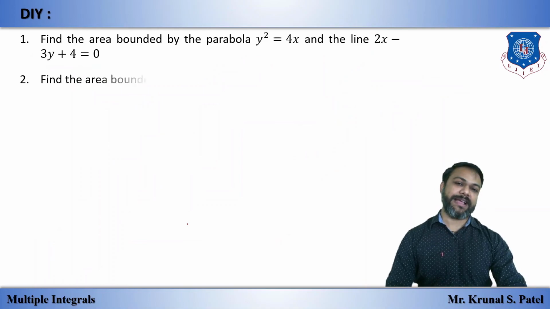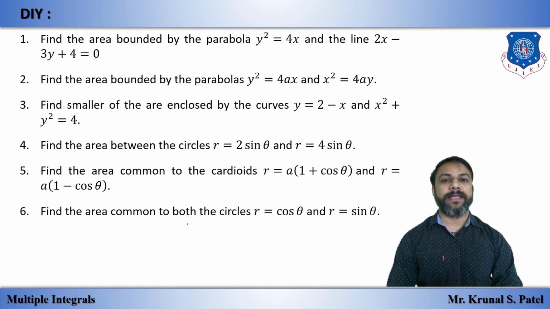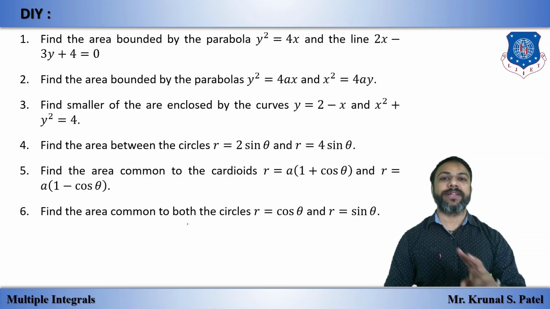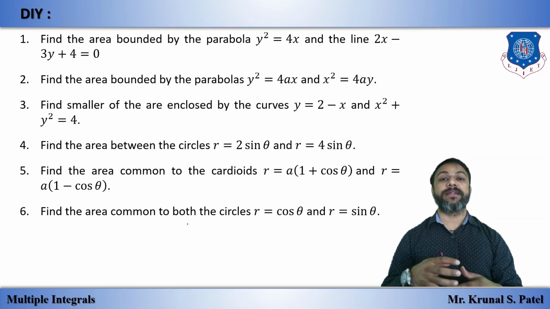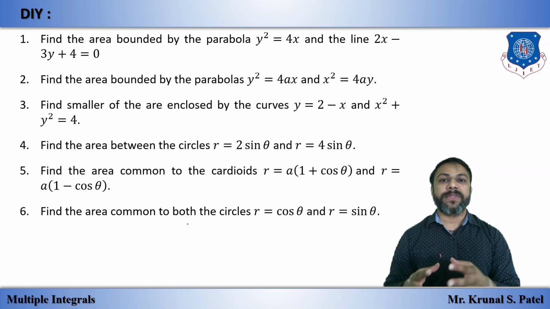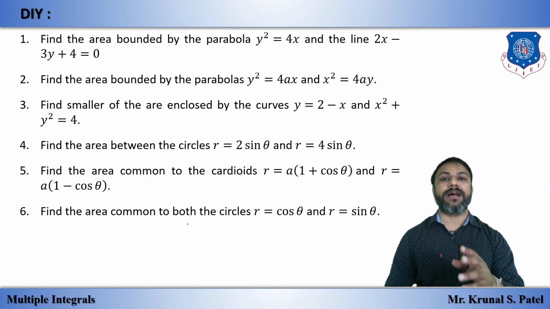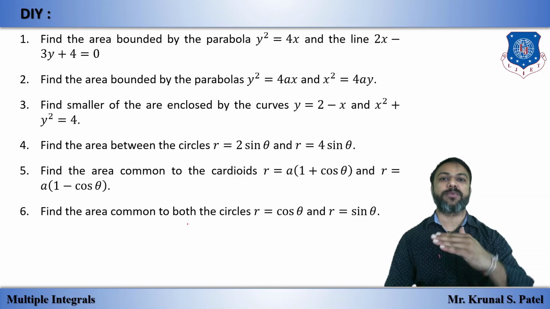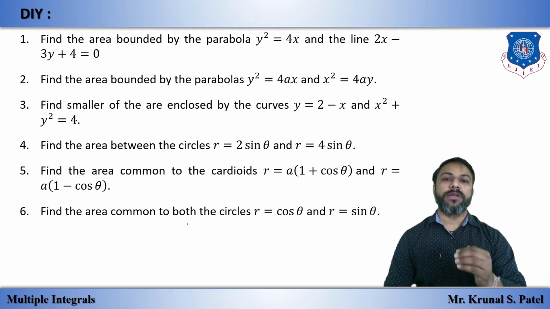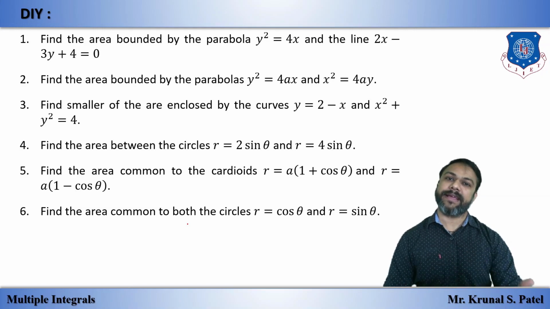So these are some DIYs, that means do it yourself, on area and volume. So you have to practice all these sums. Here we are going to complete the entire chapter. In this chapter we have learned how to do double and triple integration, how to integrate if the limits are already given in Cartesian, polar, cylindrical, spherical, all the coordinates. But if the limits are not given, then how to find the limits by using a vertical strip or horizontal strip or into polar coordinates, all we have seen, and using that we have also seen triple integrals and area and volume.